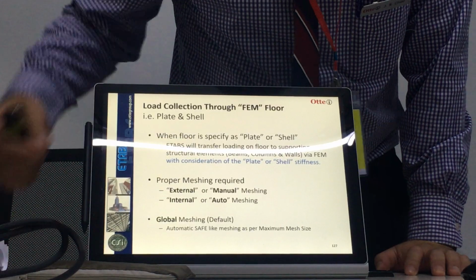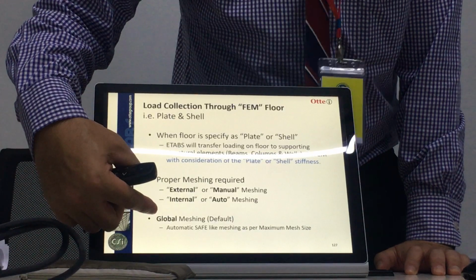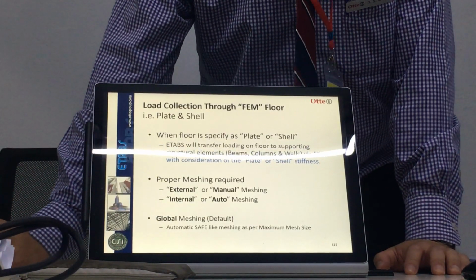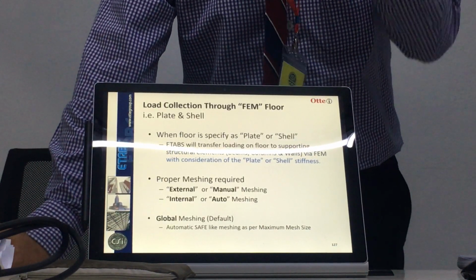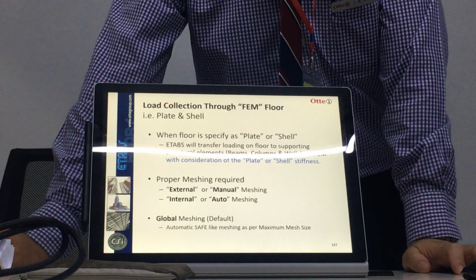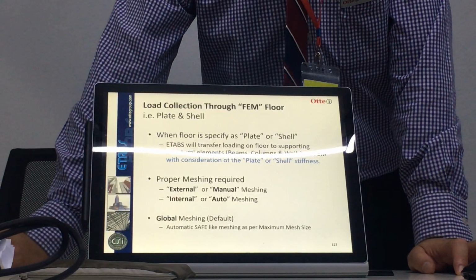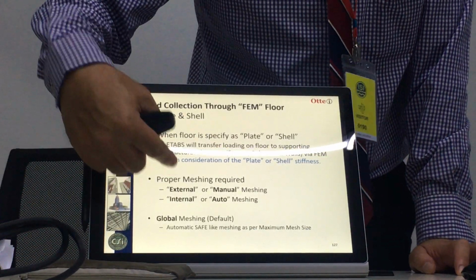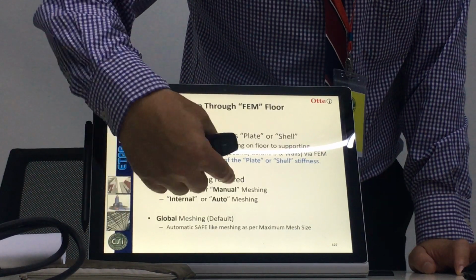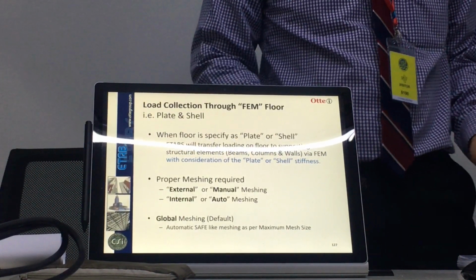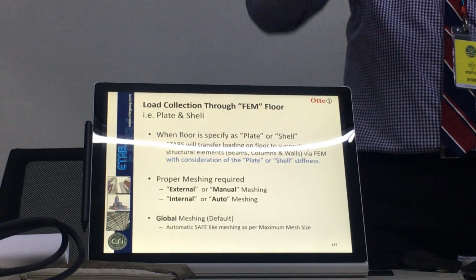Mesh convergence. Meshing. So since ETABS 2013, we have a global meshing. Basically, global meshing means you just tell me what mesh size you want to control. 2 meter, 1 meter, 0.5 meter, or 1.2 meter. You tell me, I will mesh for you automatically. So that's what we usually use. In fact, all my customers use it. But you do have a choice. If you want to refine the thing, you have what we call external versus internal, or manual versus auto. External means manual. Manual means that I have this table, this table. In order for me to model this,